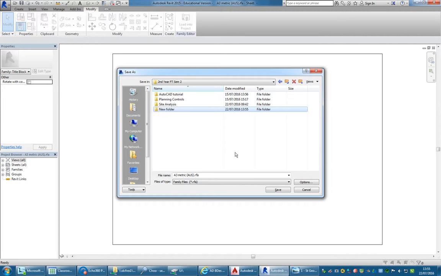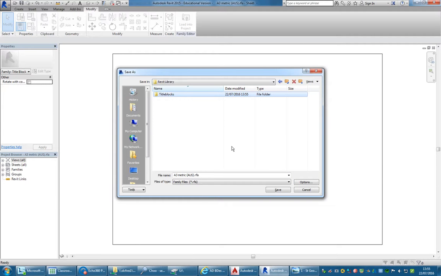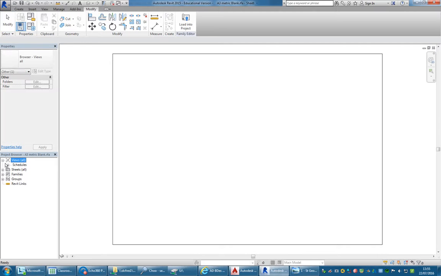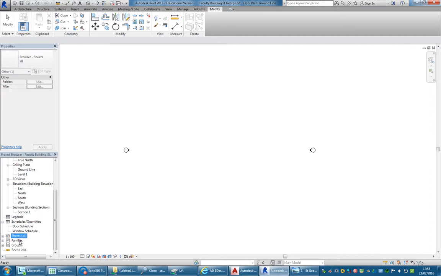It's going to be a library of one file at the moment, but if you stick with the AutoCAD naming conventions, then you can just copy new folders into it and add to the library. So we'll call this A3 metric blank, and it's a really useful thing to have blank versions of every page size. Sometimes you don't want any title block information, you just want a page, and it's easier than printing from the view. So I'll save that file as a family, now load into project, and it'll tell me I can't create that family in this view type, of course,